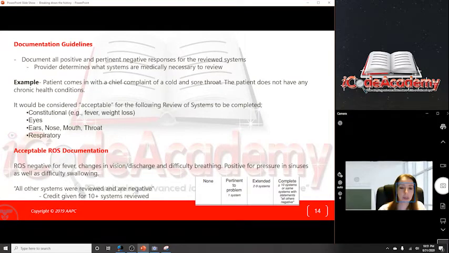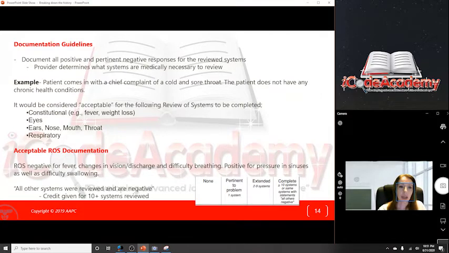The statement that you see here at the bottom is one of many statements that would be considered acceptable for providers to be given credit for a complete or comprehensive review of systems. So here you can see the provider documents all other systems were reviewed and are negative. So that is the provider saying, I reviewed all of their systems, everything else is negative besides what I documented